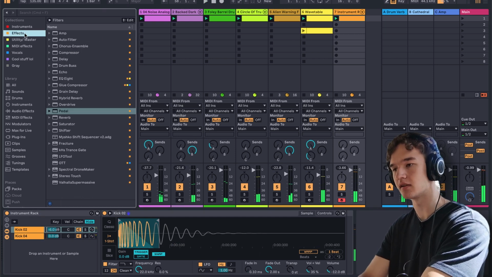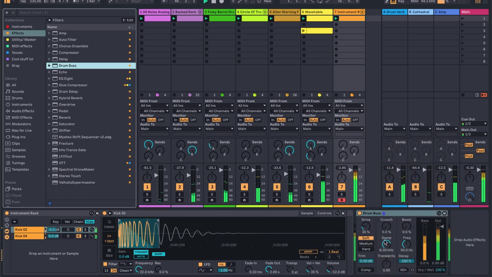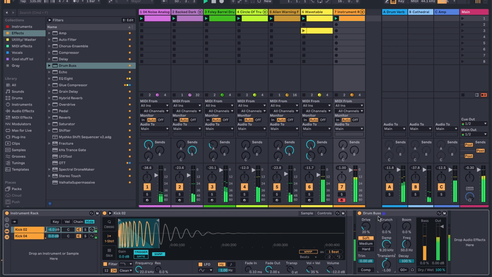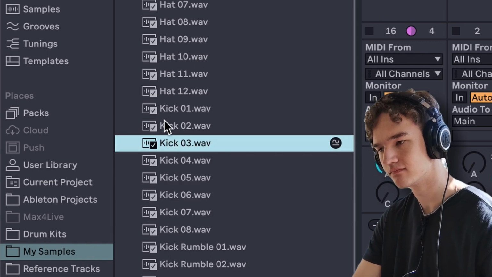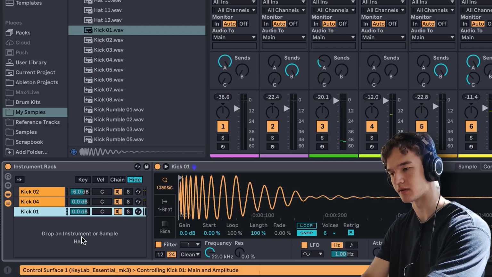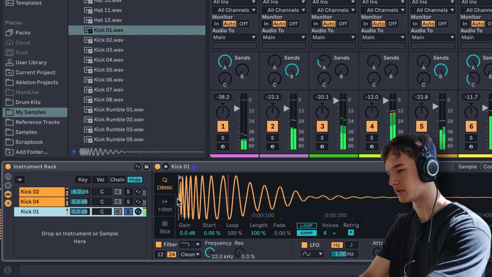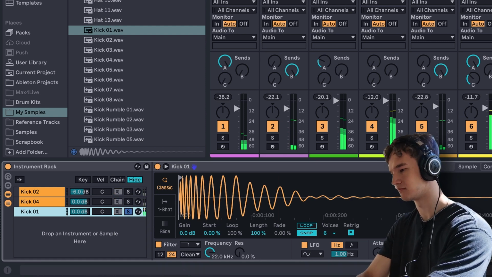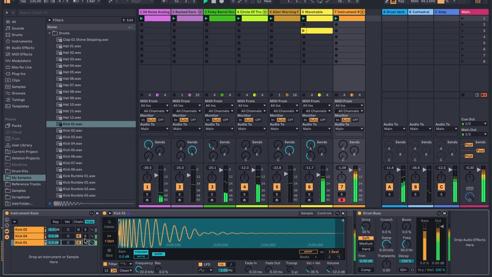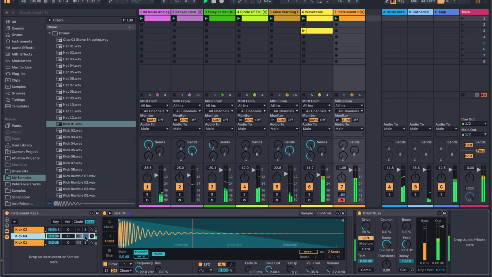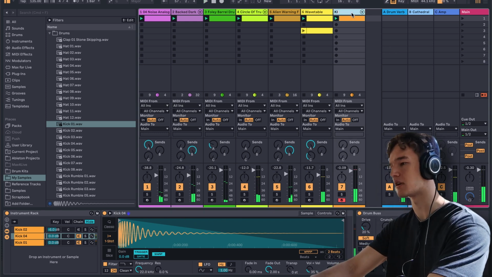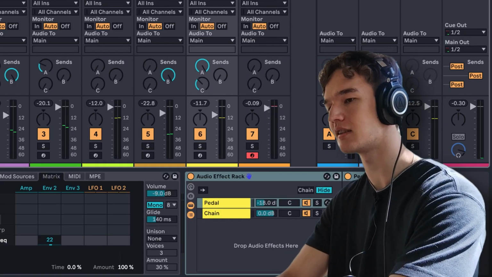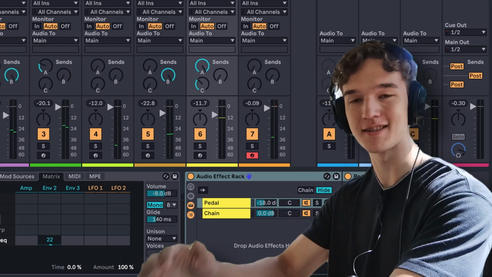Yeah, that sounds alright. Let's add a drum bass in here as well. Let's add this one, maybe. So I'm gonna use that as my kick, and now I can sidechain my bass to the kick so it